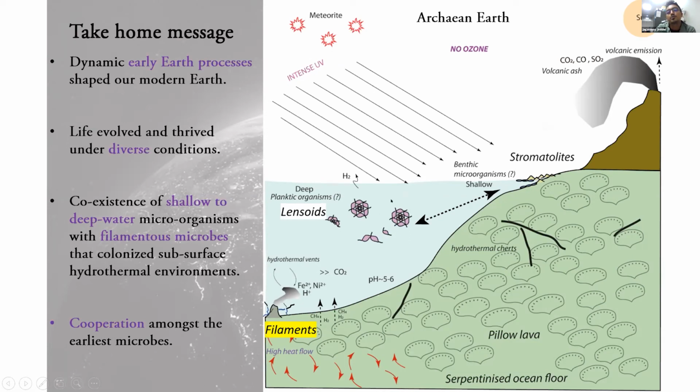And of course, when we move down to the deeper part of the ocean, there are lensoids and spheroids, which were using their tail-like appendage to swim across the ocean and to move from one place to the other, maybe for escaping some predators, which we don't know. And also there were diverse ecosystems close to our hydrothermal vents in the subsurface. So there is this coexistence and coevolution of life during the early Earth with the Earth itself.